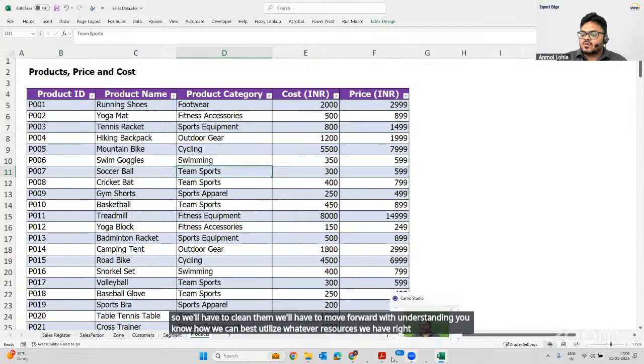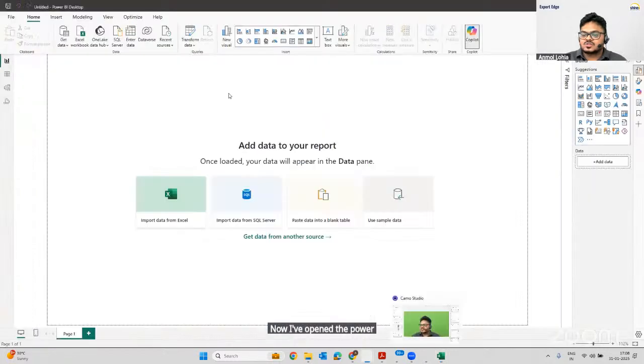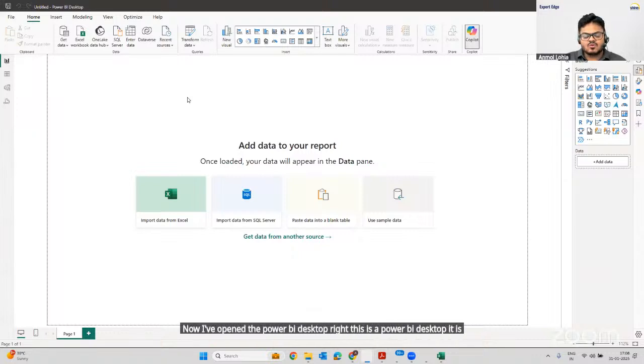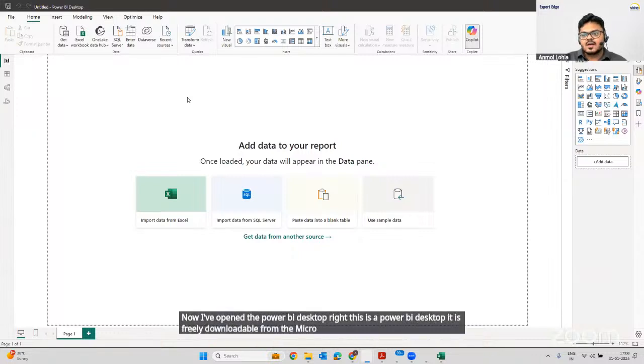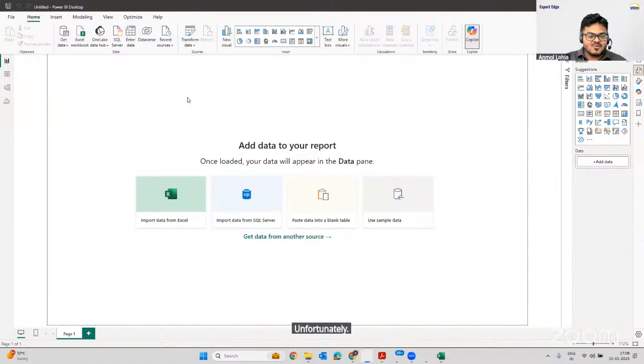Now I've opened the Power BI desktop, right? This is the Power BI desktop. It is freely downloadable from the Microsoft Store. Unfortunately, Mac users don't have Power BI access. So now